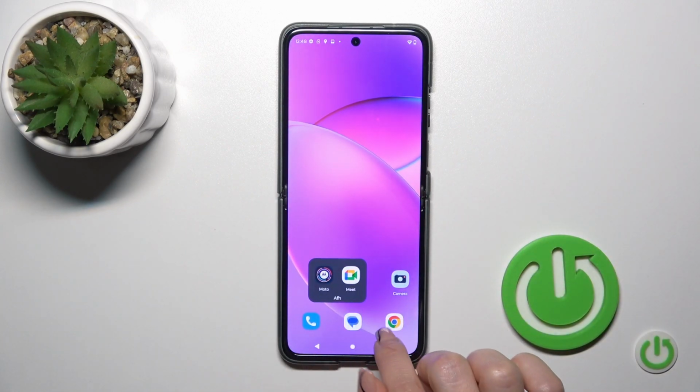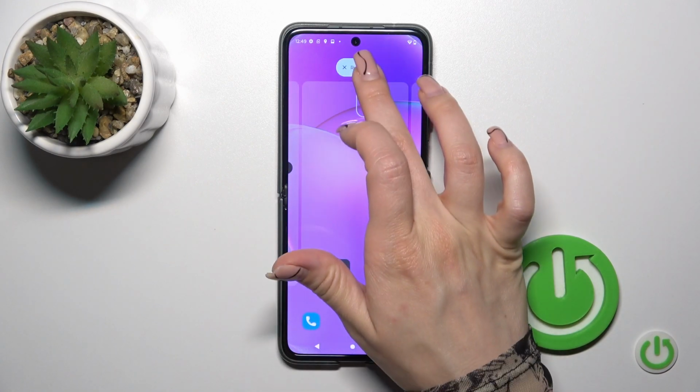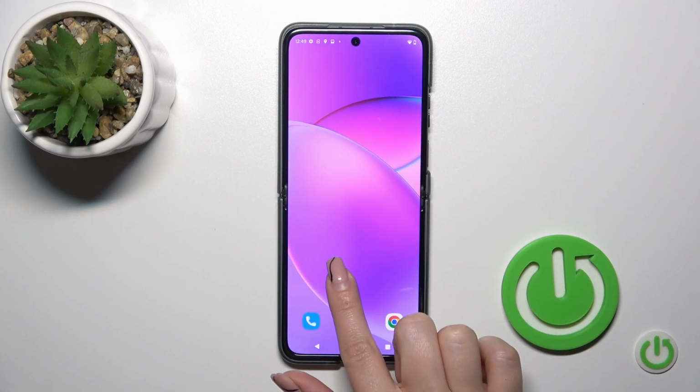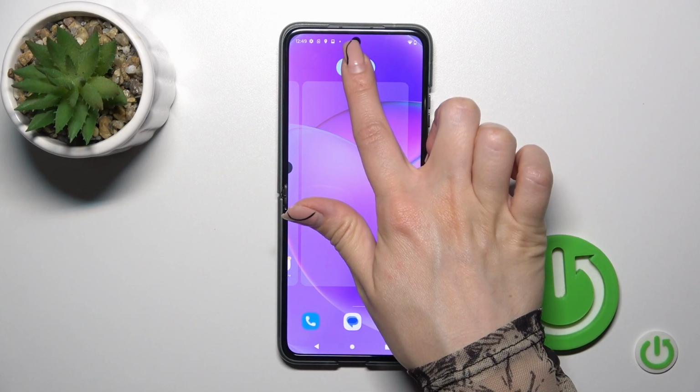if you want to keep this application on the home screen. But if you want to remove it from the home screen and from the folder, hold it and drag it to the remove icon this way. And also we can remove all of the applications together with the folder, just by pressing, holding and dragging